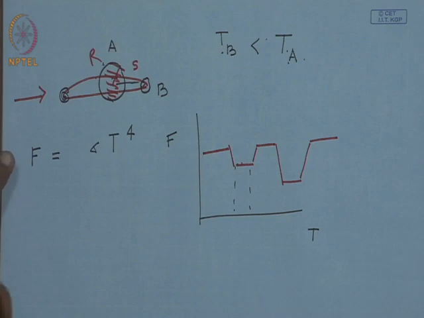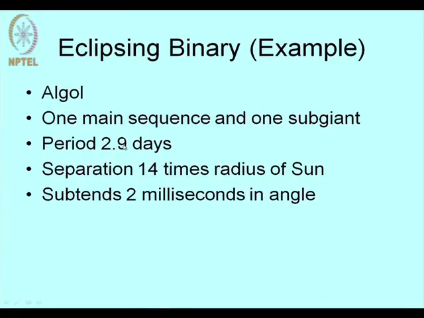So, the period is also going to be small, and in this case we have a period of 2.9 days, and the separation between the two stars is just 14 times the radius of the sun. So, it is an extremely tight orbit, just 14 times the radius of our sun,